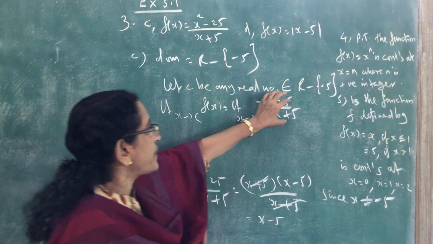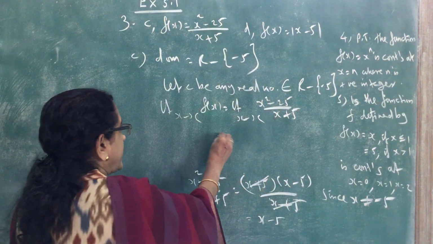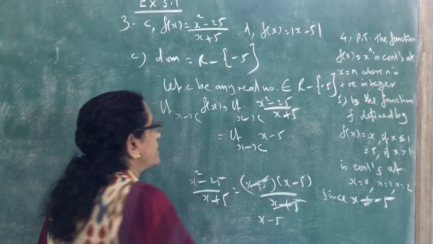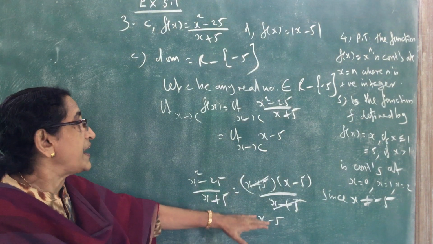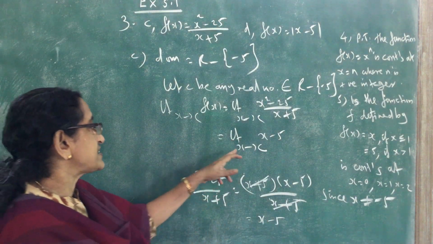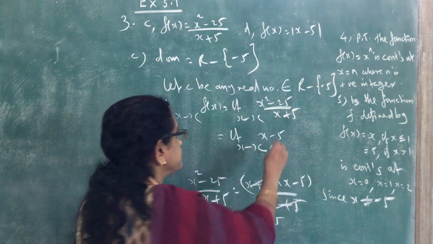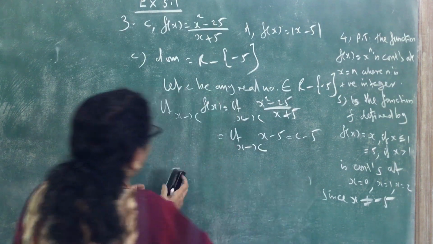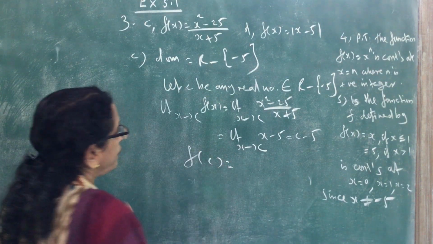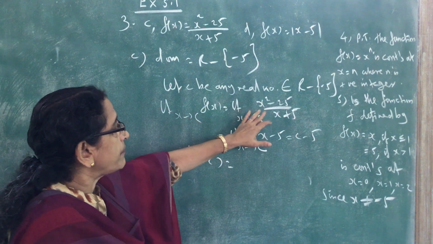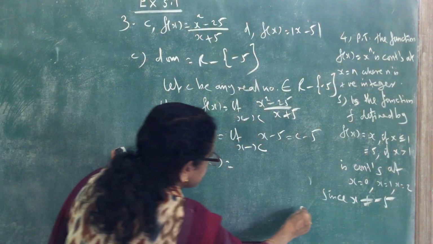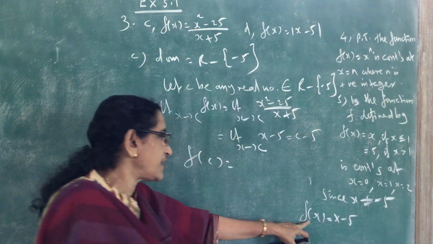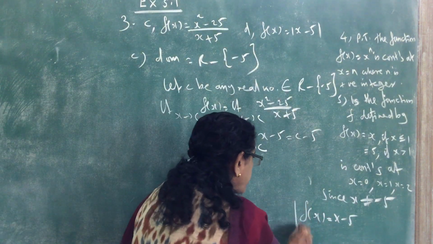So the given function is equal to x minus 5. So that is equal to limit x tends to c, x minus 5. So the function can be simplified like this. Now we can find the limit. To find the limit, we substitute x equal to c, giving c minus 5. So this is the limit of the function. Now we have to find f of c. We simplified the function f of x and we got it is equal to x minus 5.